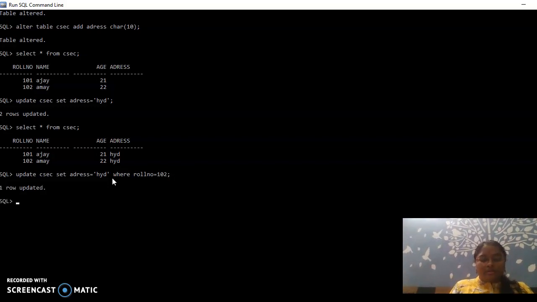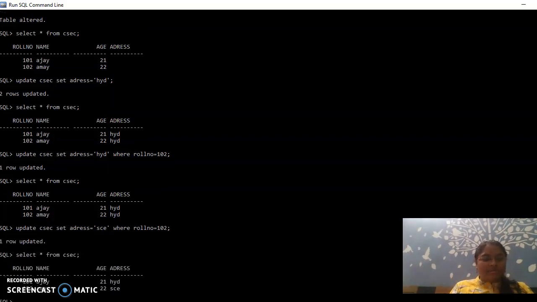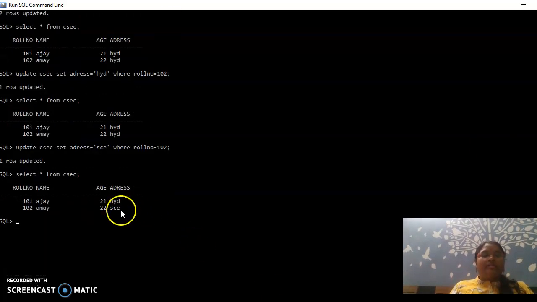One row is updated. Let us see the table. Select star from CSCC. Oh, I have written only Hyderabad, I did not write Secunderabad, right? So I need to write here Secunderabad. Let us see, one row is updated. So one is Hyderabad and one is Secunderabad, right?